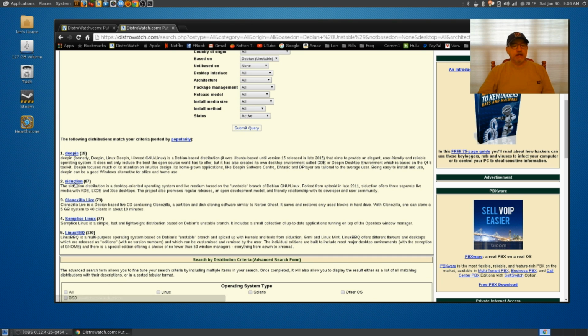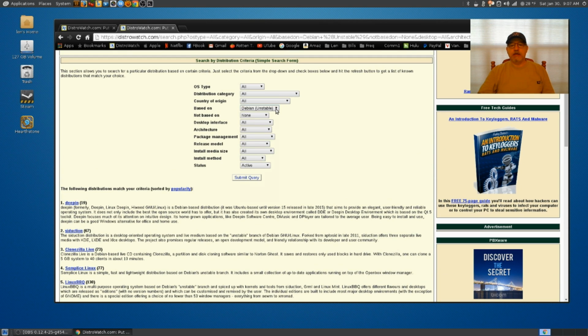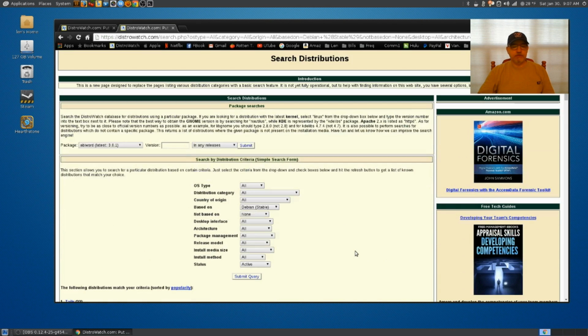Matter of fact, I'm on my main computer right now, and I do have Seduction running on this computer, and I have Seduction running on my secondary computer, which is on the second floor of the house. So Seduction I can recommend. But as I mentioned, I wanted to take a distribution running Debian stable and switch it to Debian testing. So if I take a look at Debian stable distributions,